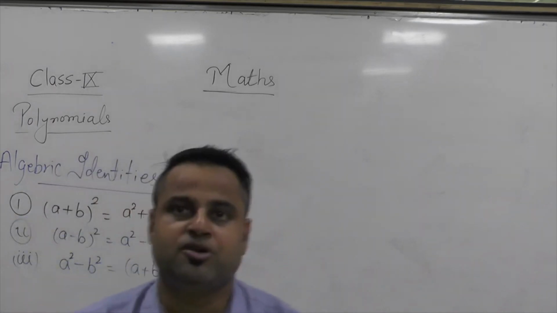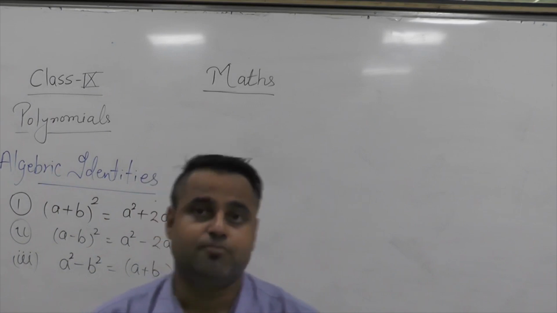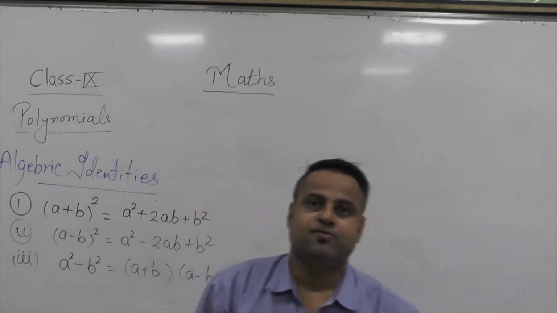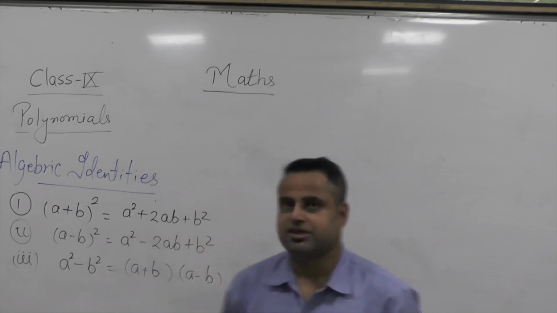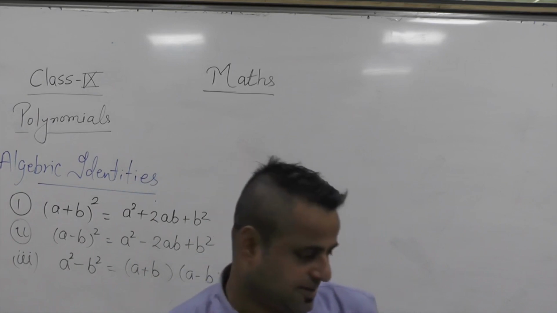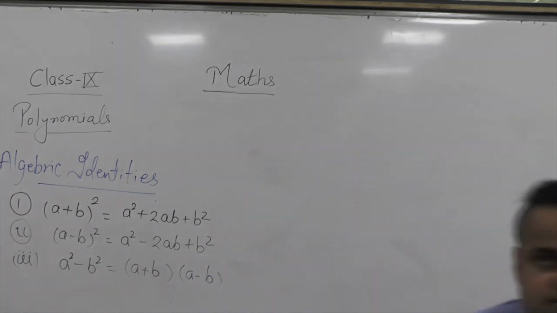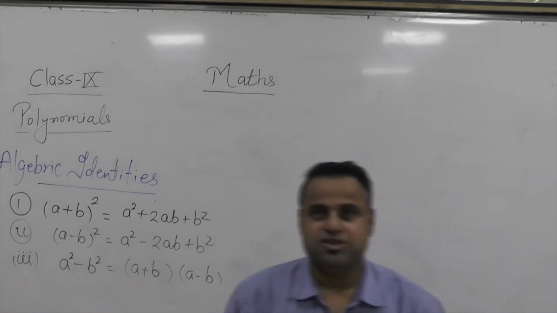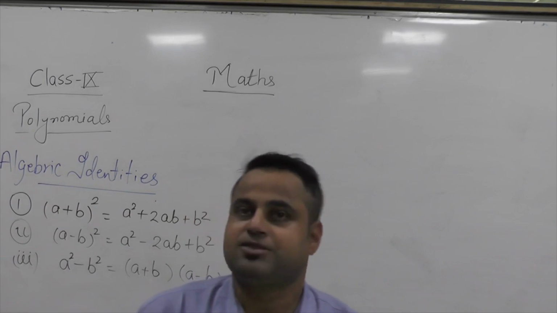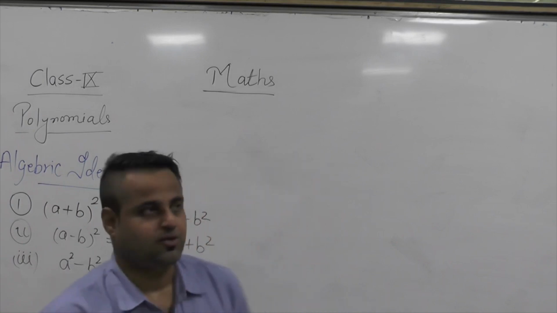Last year, if you remember, you learned a common column method, which is actually the presentation of the first and second identity, how to find the square by using these identities. You have seen that last year. Now I am just showing you one practical example of the first identity, how it will work.